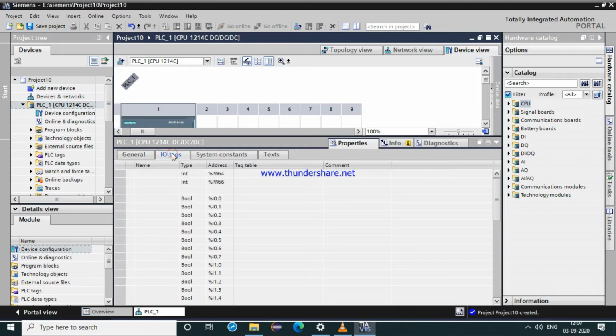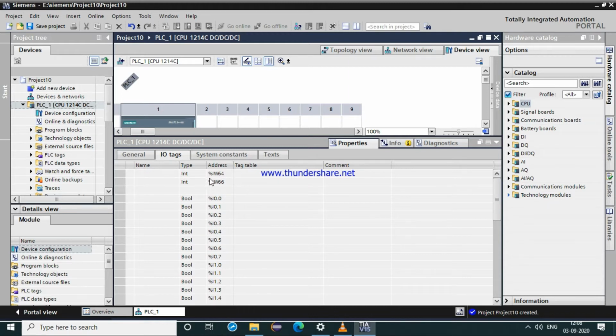So the next part we will see is our input output tags, like how many tags and which number of tags we are using for interfacing it and using in the logic that we create. We require a few inputs and outputs to be given in the logic while programming. Which inputs and outputs tagging we can use will be given in the properties of this particular CPU, and under properties are input output tags. So these are the tags that we will be using.